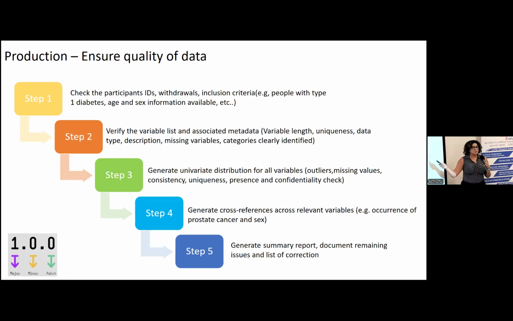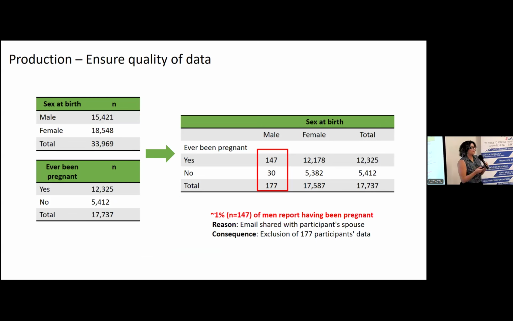Generating univariate distributions for all variables, that kind of goes without saying. You check the mins, the maxes, the outliers, etc. And then we can cross-reference some variables that aren't necessarily part of a branching logic. So it's not just to make sure only smokers responded to number of cigarettes a day, but variables that could be related even if they're not necessarily part of that skip pattern. And then proper versioning systems. So now we'll go through the fun examples.